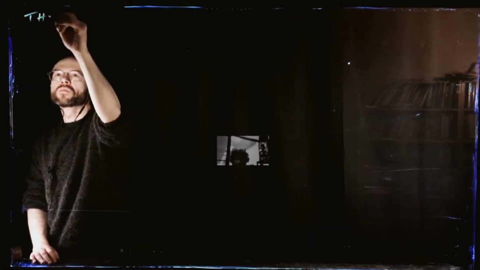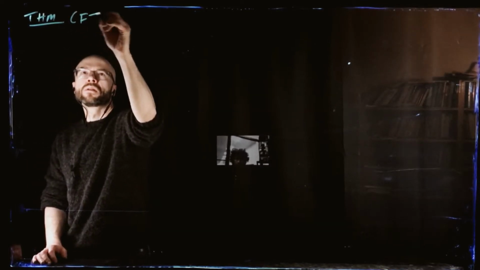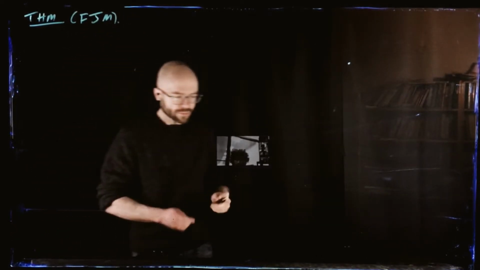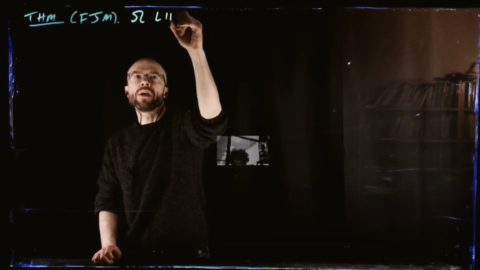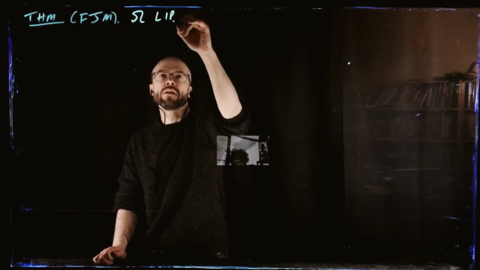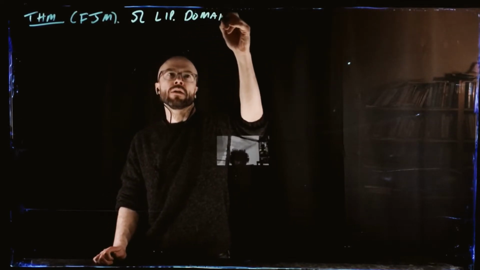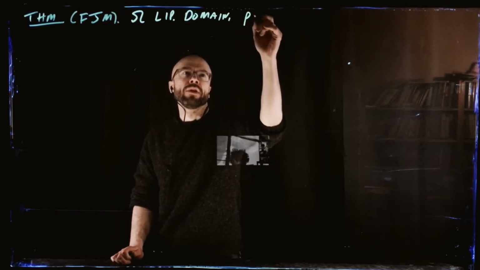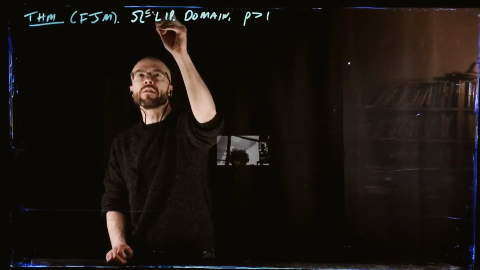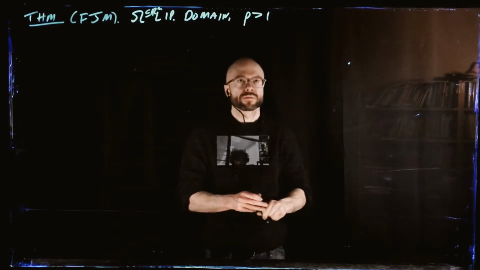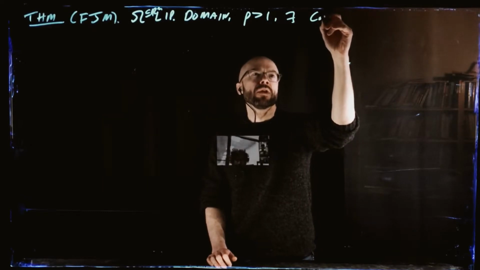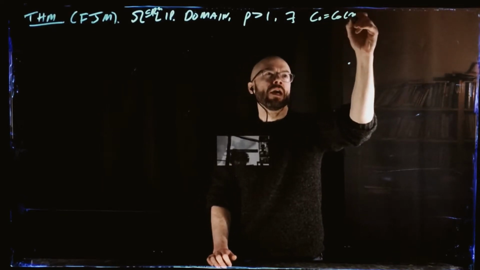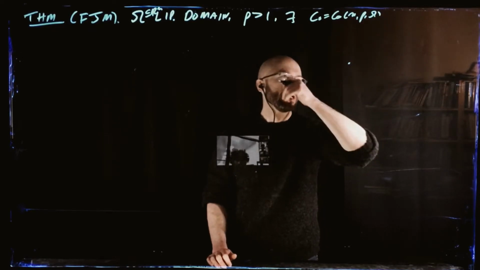Friesecke-James-Müller theorem. So that if we have Omega, which is a Lipschitz domain, it doesn't matter what it is, it just means it's a nice domain, p is bigger than 1, Omega is contained within R^n. There exists a constant C, which depends on n, p, and the domain, such that